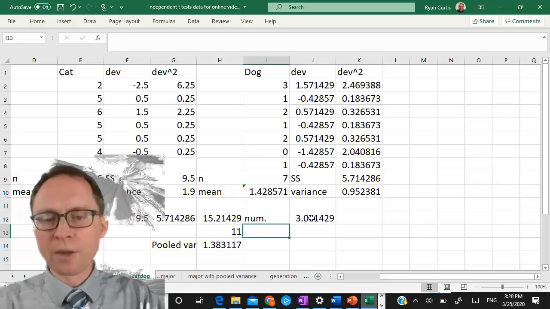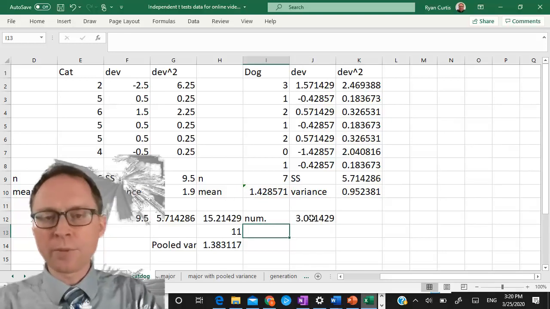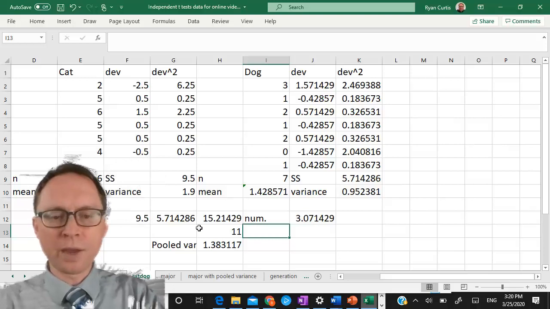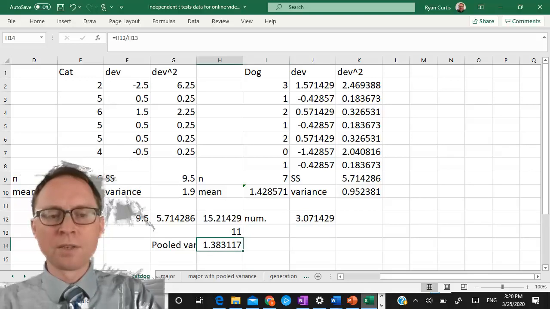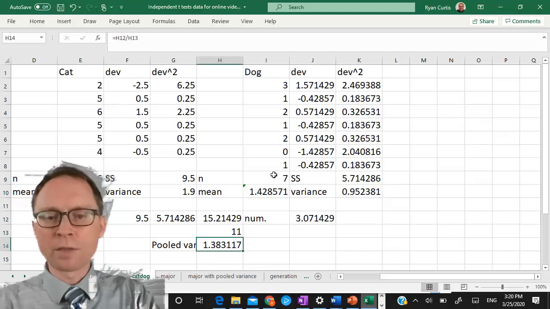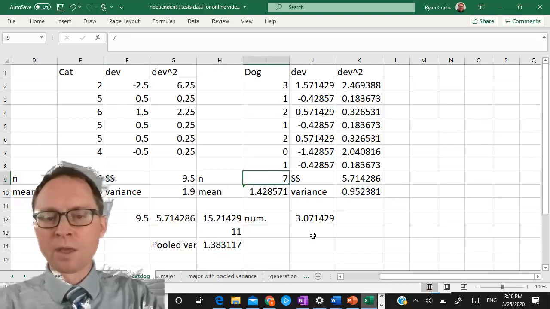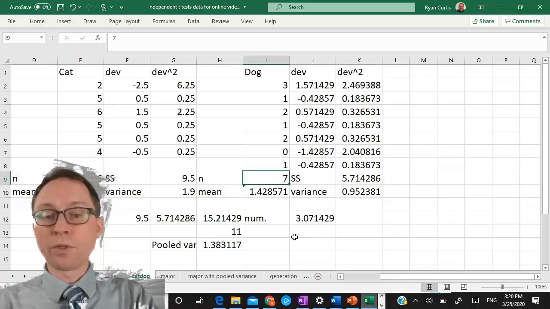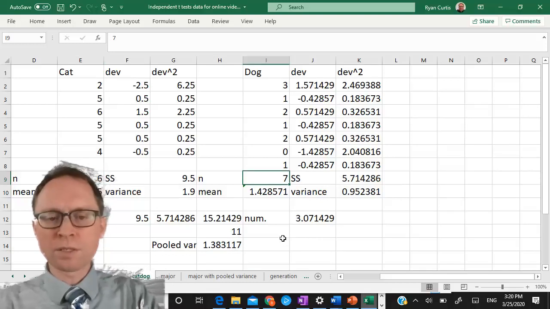That's the numerator. Now, this is going to be a little bit more complicated when we talk about the denominator, because now what we have to do is take this pooled variance divided by the individual n's. So 1.38 divided by 6 plus 1.38 divided by 7. And then we have to take the square root of that whole thing. So let's get each one of these separately. So we need to get, let's start with